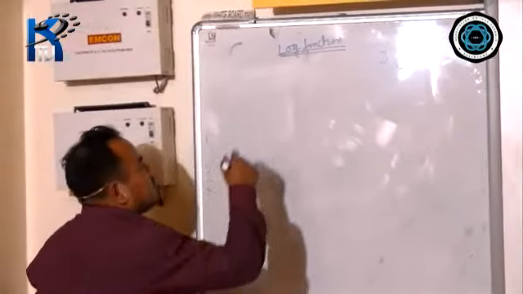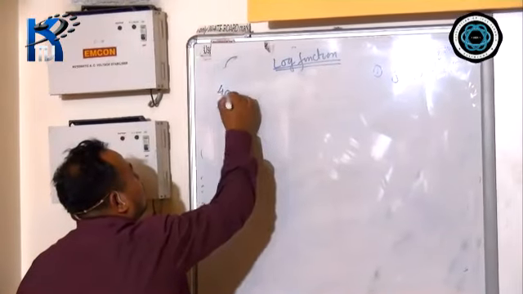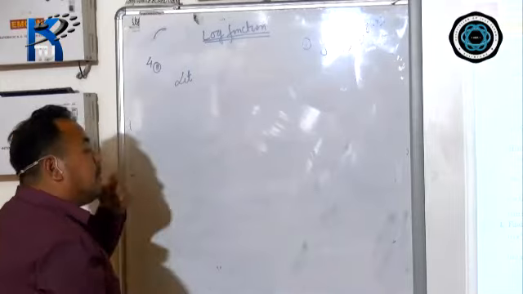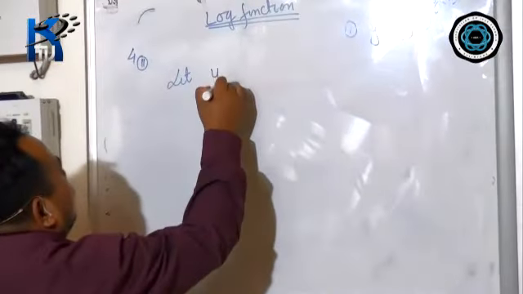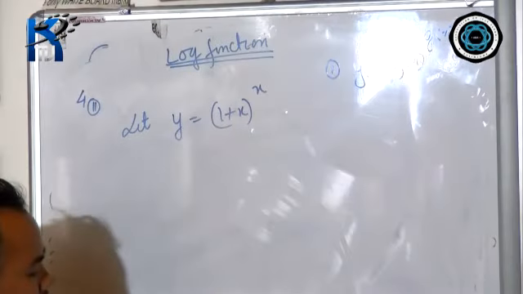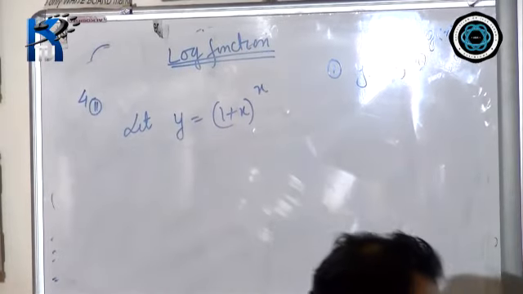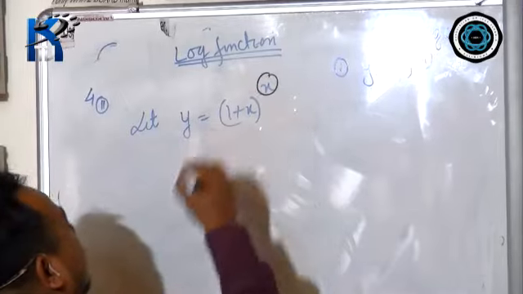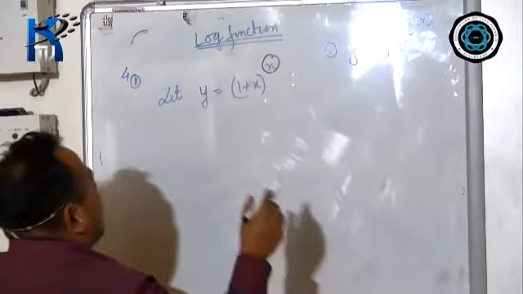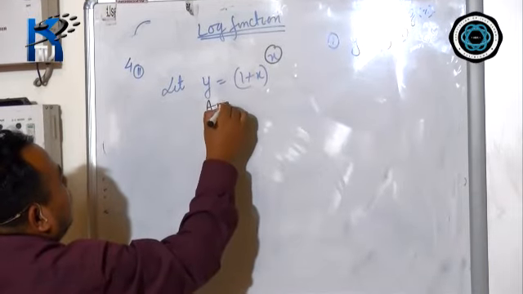So let us start with question number 4, subdivision 2. The question is differential coefficient, that means dy by dx. So you start off with let y equal to (1 plus x) whole to the power x. Now see, don't you see the power to be x? That means, what did I tell you? Function to the power function. The x has to be brought in front. So what do I do? Applying